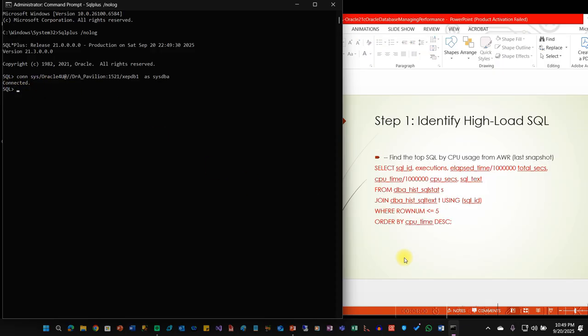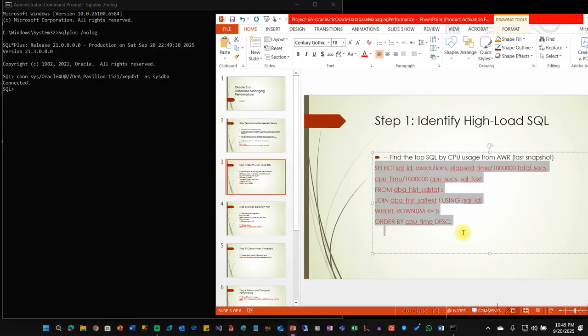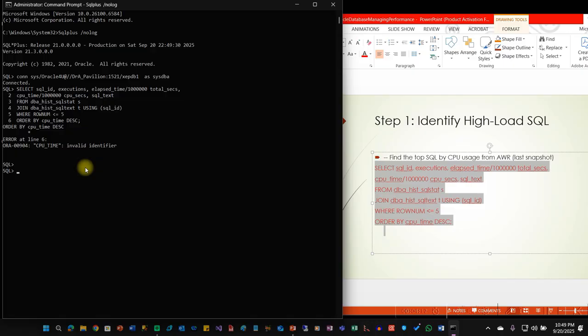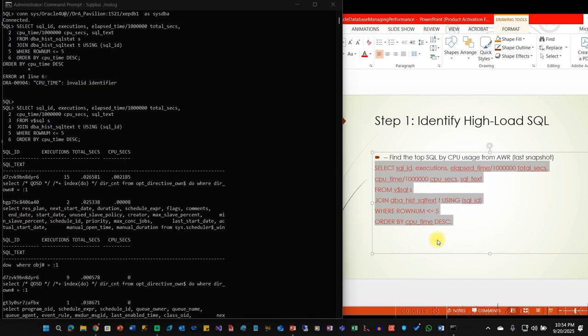So the next thing you do, step number 1, identify high load SQL. Again, you copy this and you paste it here. And then it says CPU time. We need to find out the CPU time. All right, we find a fix for that. We need to use the current